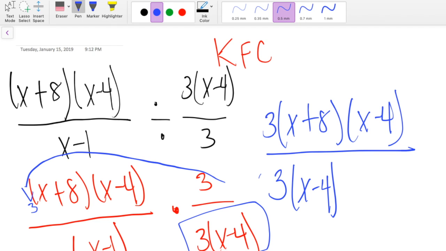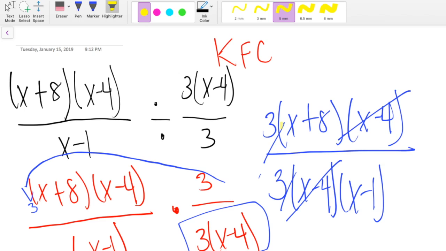All right, now I have x minus 1. You see, it's the exact same problem. I just rewrote it. And I think this might be one of the easier problems on here, even though it might look like one of the most challenging. But all you have to do is get rid of everything that's the same. So get rid of the x minus 4, get rid of the x minus 4, the 3's. Now all you're left with